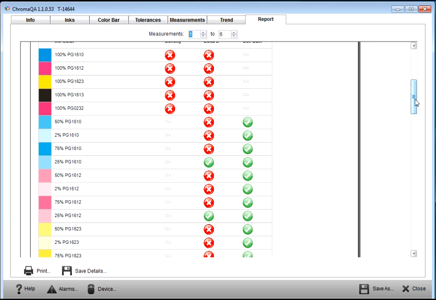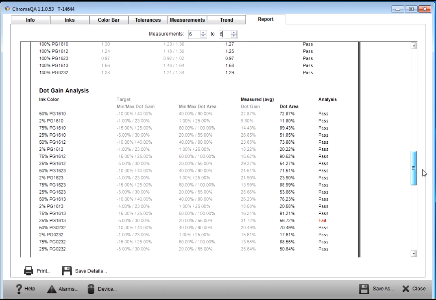But what if during make ready, the first 3 scans were done during make ready, and I only want to look at really production. I can go and say, well, let's just look at scans 4 through 6, and all of a sudden, boom, you'll see the overall analysis goes from a red circle with an X to a check mark. And it dynamically updates this report when you change what measurements you want to look at. If I go to 6 to 6, that's even better,